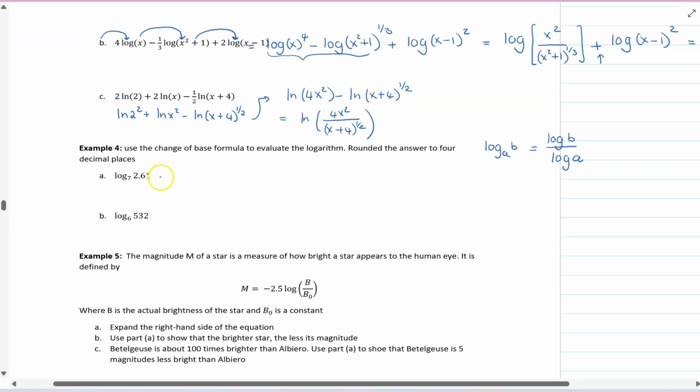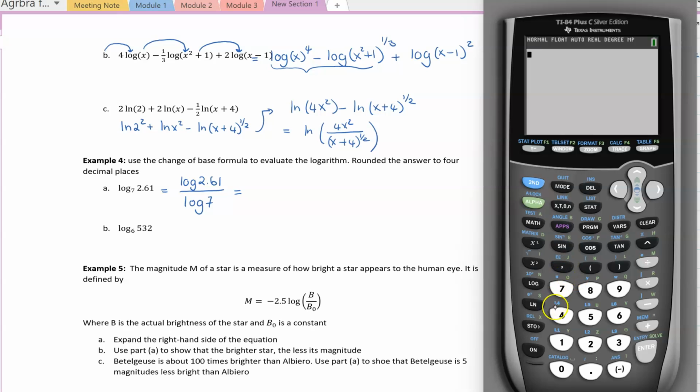So I can rewrite this as log of 2.61 divided by log 7, and that equals,